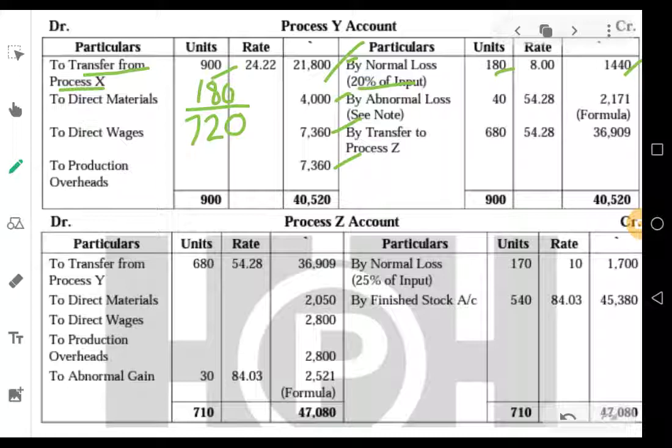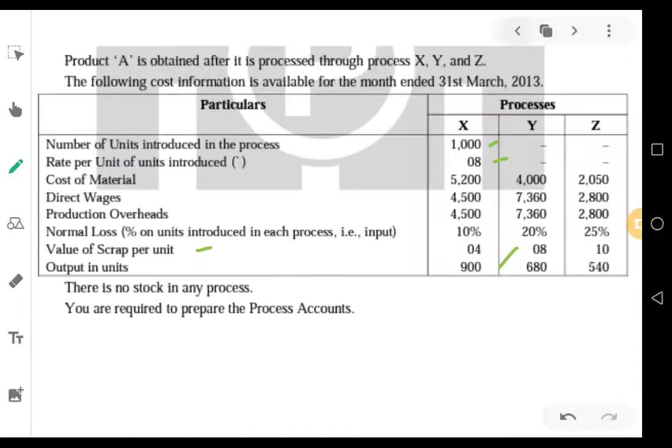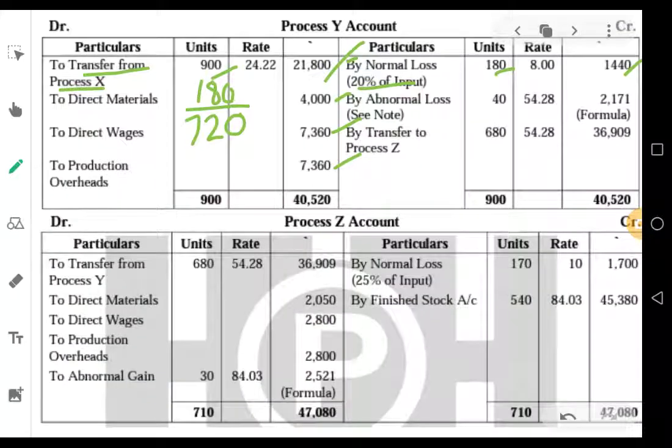But it is given in the question that you are getting only an output of 680 units. Where is this 680 units? That's given in the question. See here, we are expecting 720 units of output, but you are actually getting only 680 units. That means there is a shortage. 680 units matra barta ide antandre there is a shortage of 40 units. That shortage is treated as loss, that is abnormal loss.